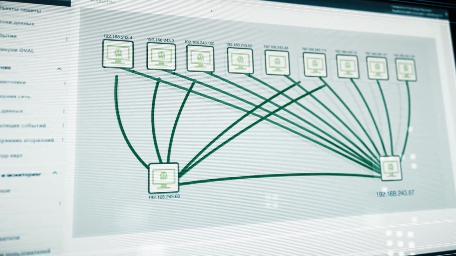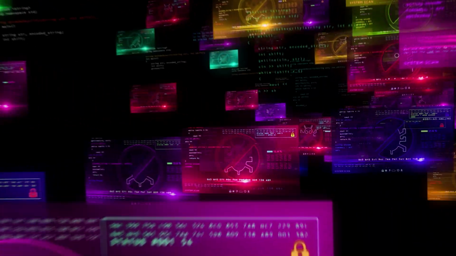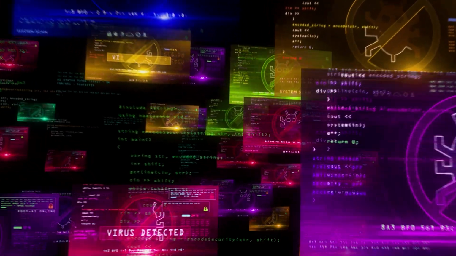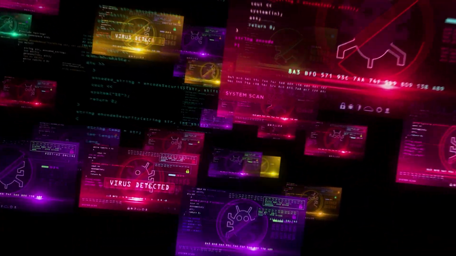Now, malware typically enters systems through phishing emails, malicious websites, or compromised software. Once inside, it can replicate itself, spread through networks, and execute malicious actions. The evolving nature of malware makes it quite challenging for security professionals to develop effective countermeasures, as cyber criminals continuously adapt and refine their tactics.